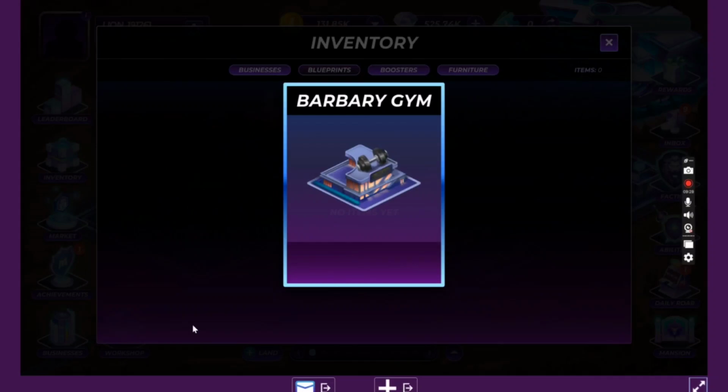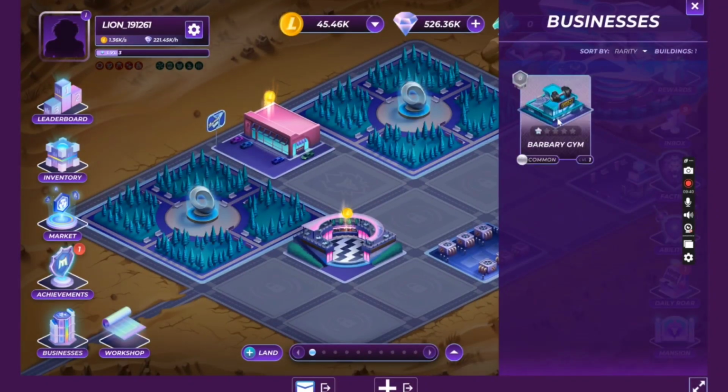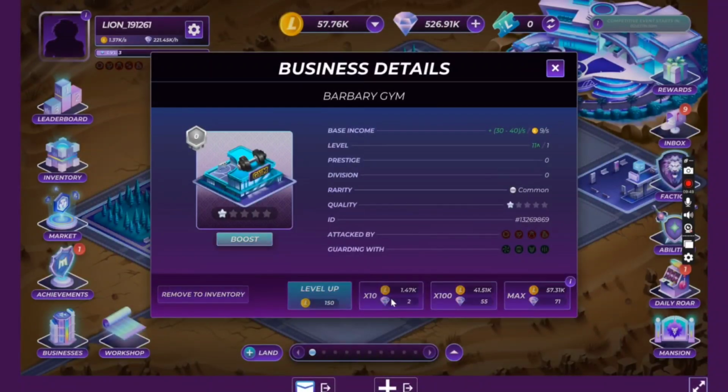And there we go. We got a Barbary Gym, 1 star as well. So these ones aren't too bad. I've got a fair amount of them. I don't mind the gyms. I don't really play with just cool cats, and I'll show you guys my city later. But we'll just start leveling this one up a little bit, and then we've just got to wait and hopefully accumulate enough money in a short enough time to be able to go and purchase some more furniture and hit